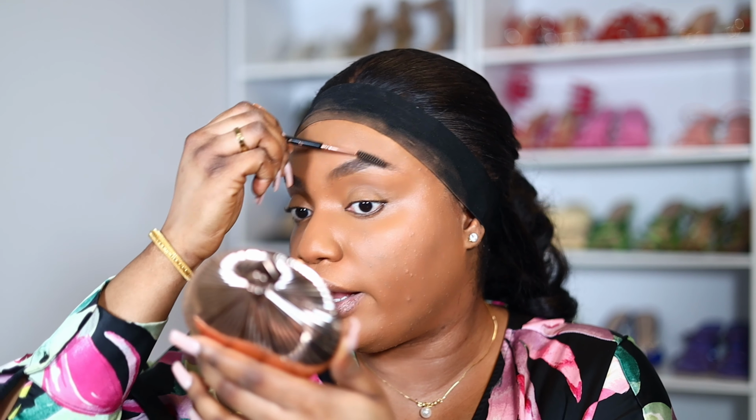So I bought some stuff from her. Before we continue, I'm using the Revlon Color Stay Brow Pencil in the shade Soft Brown, which is 210. It also has a spoolie, so I'm gonna interchange between that. And so I bought some stuff from this lady to basically